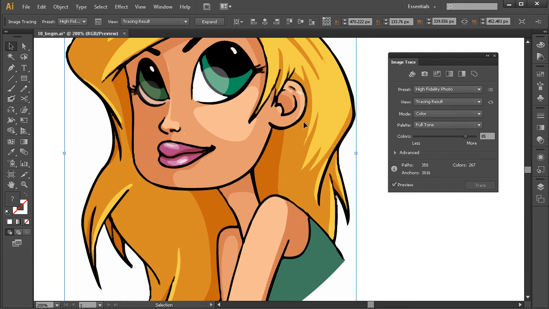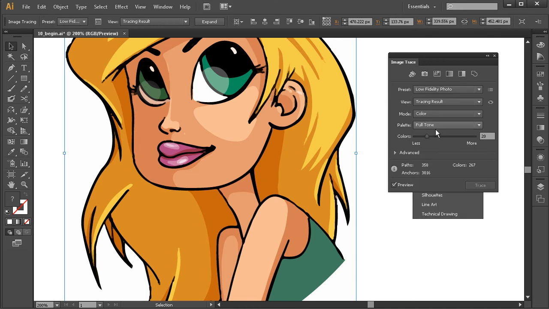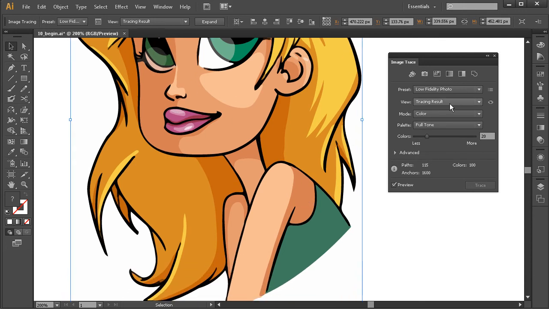So if we wanted a faithful recreation of that high fidelity photo, we might choose this high fidelity photo preset here. If we had a low fidelity photo, we can select that one as well. Now, bouncing back and forth between the two of those, you can see here that the low fidelity photo